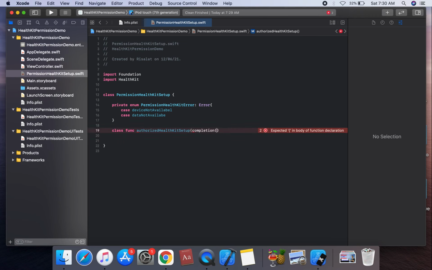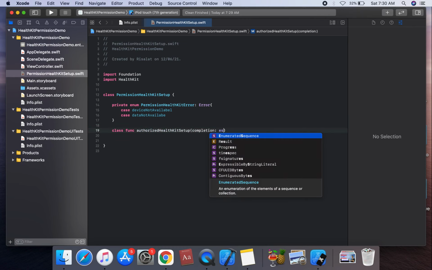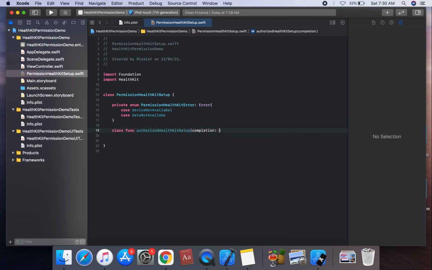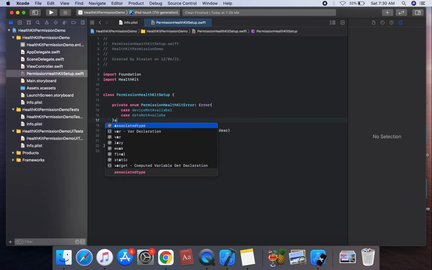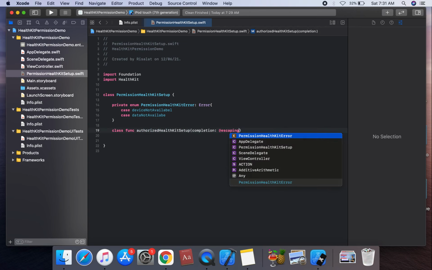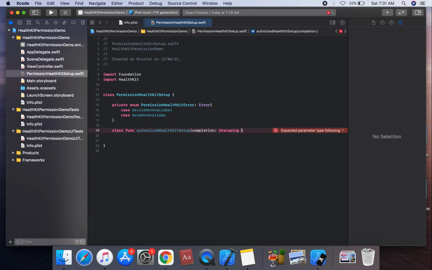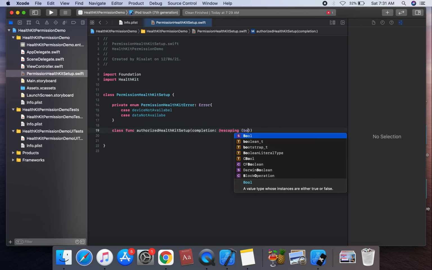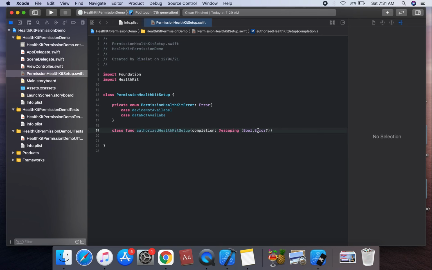The completion is of type escaping, with two parameters: a Bool and an optional Error.